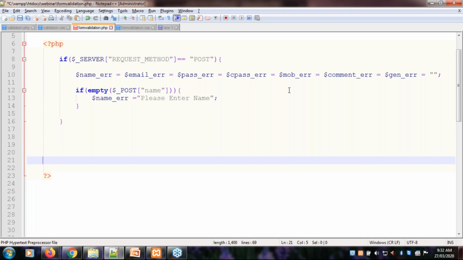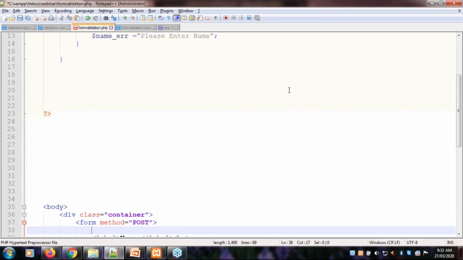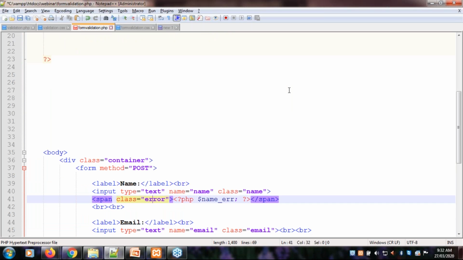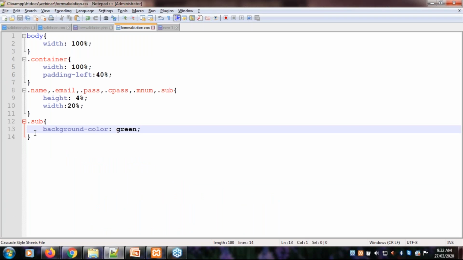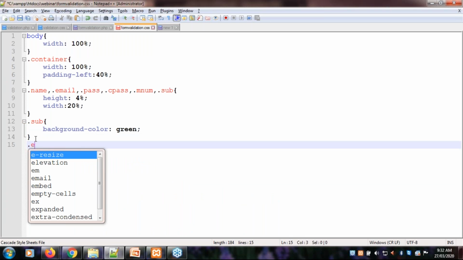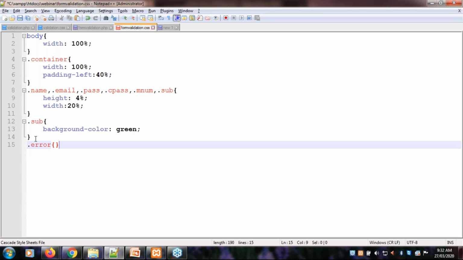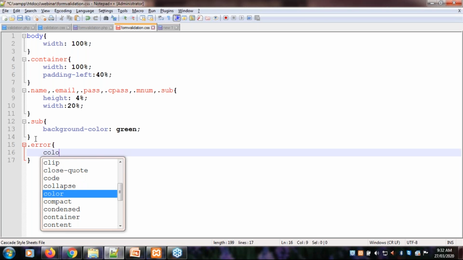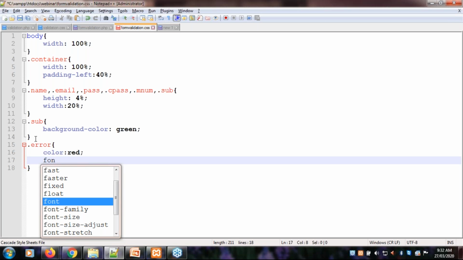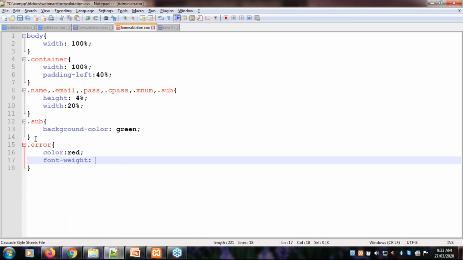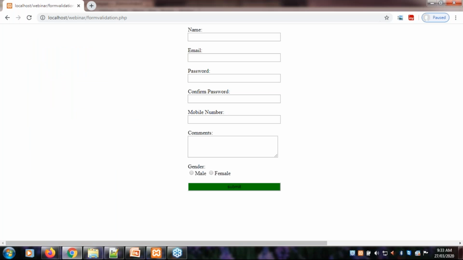Now this $name_err is passed in between a span tag. Now suppose I want to give certain CSS properties. So for .error, I'll give font color equal to red and font weight equal to bold to display my error message. So we will run this.